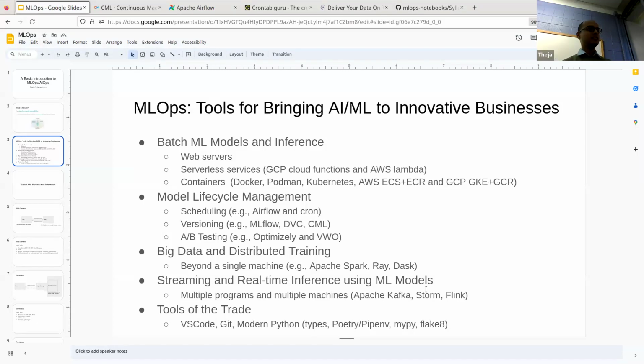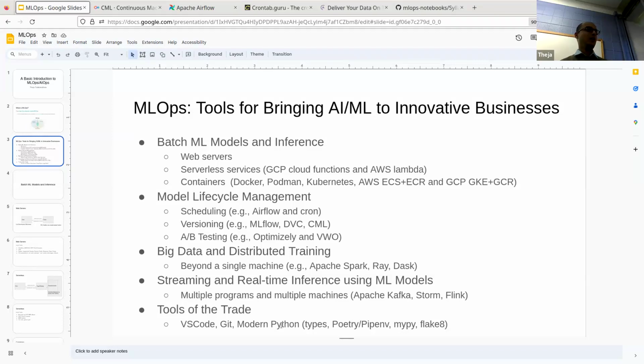So one of the popular softwares is Kafka. There is information in the repository for how to get started with Kafka, but I would say just go to Kafka's website and you can try out the quick start. And lastly, the last bucket was tools of the trade. This is where, even from the first lecture, I was heavily emphasizing an IDE. But you could use an IDE, or you could just use Jupyter's native interface on the web. Git is something we covered. And modern Python, we did not get a chance to cover much of it, but maybe towards the end, I'll just show the different concerns.